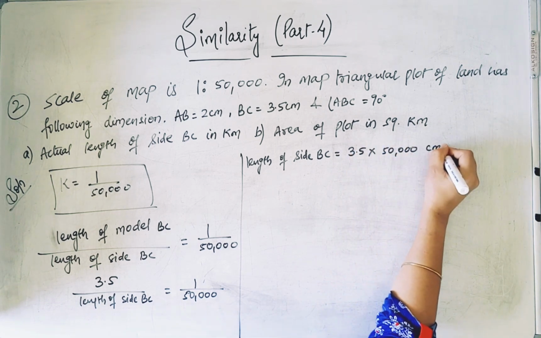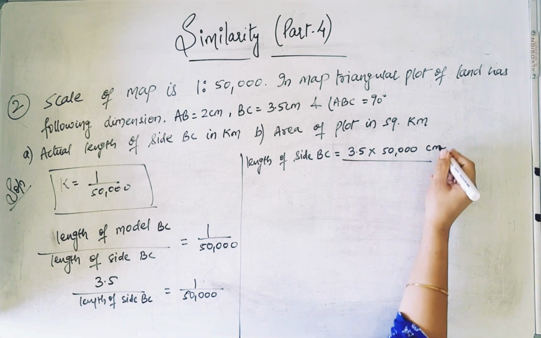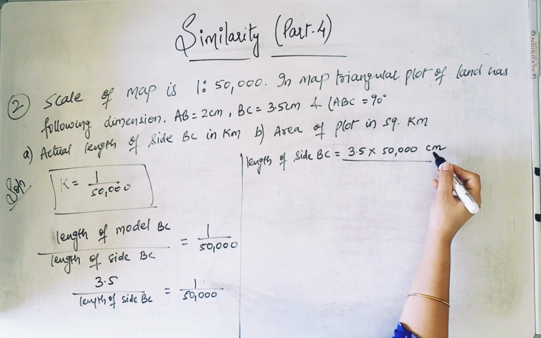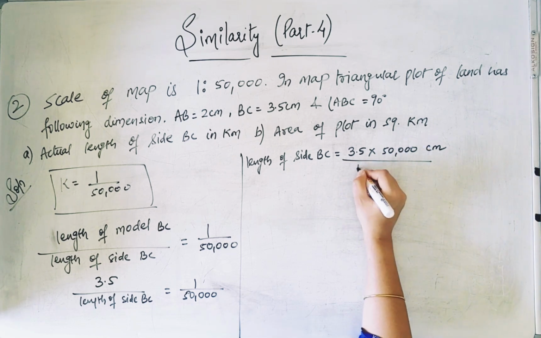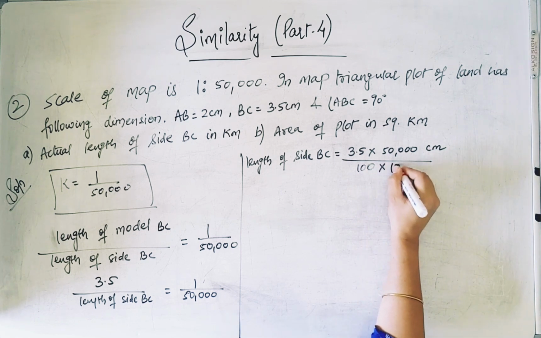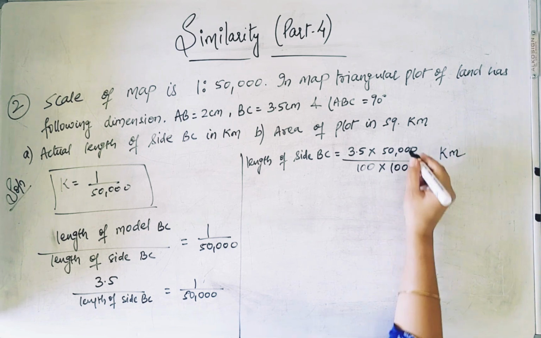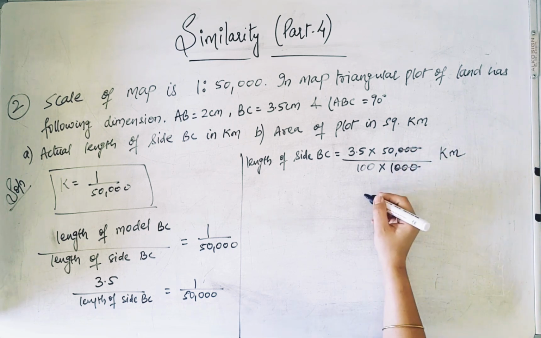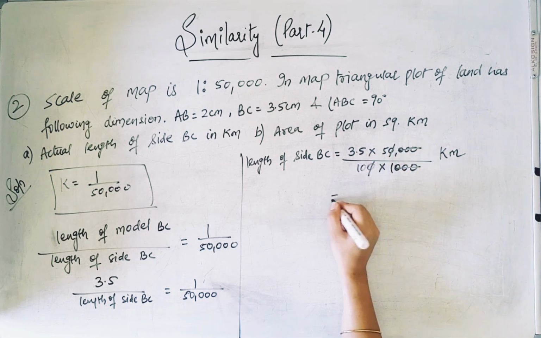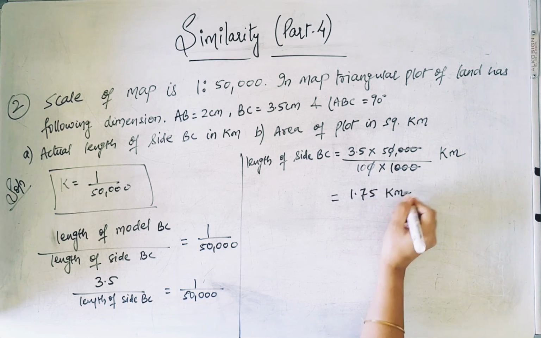Since this is coming to be in centimeter, we have to convert it into meter. तो इसको मीटर में कन्वर्ट करने के लिए, सेंटीमीटर से पहले मीटर, and then we have to convert it into kilometer. So first we will convert into meter, तो हम divide by 100 कर देंगे, and then उस मीटर को will convert into kilometer, तो divide by 1000. तो ये वैल्यू अब क्या आ जाएगी किलोमीटर में? 3 0 and 3 0 got cancelled and ये 0 कैंसिल हो गया. अगर हम इसको multiply करेंगे and divide by 10 करेंगे तो I'll get 1.7 kilometer.